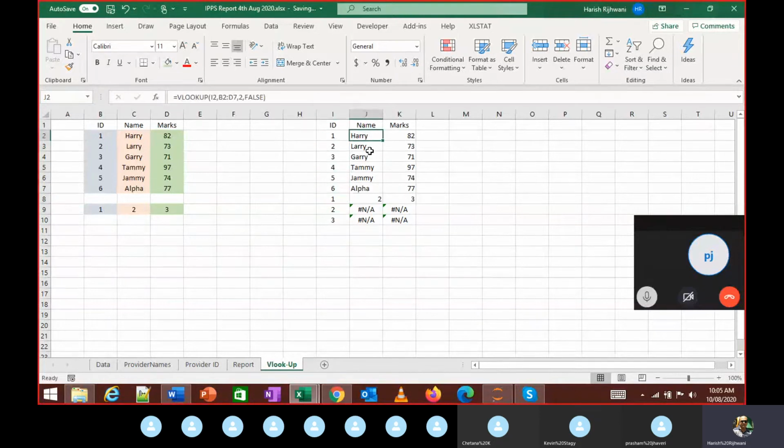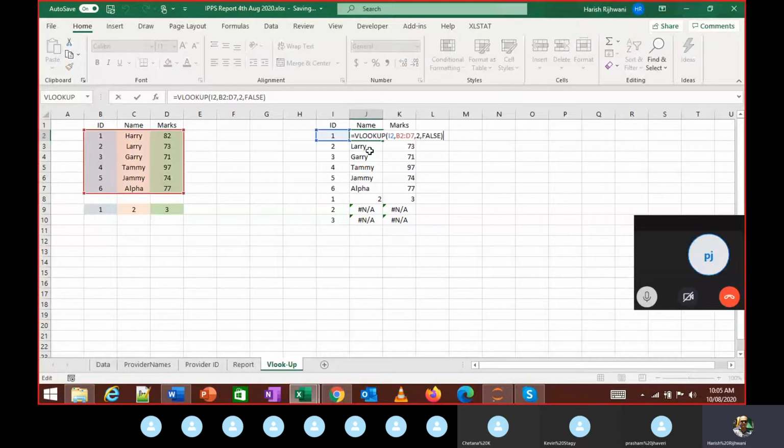You notice, I'm going to press F2. When you do F2, you can see the formula. You notice the color I2, it's telling me what value I have taken. I have taken this I2 over here. This B2 to D7 is this table range. Okay, everything looks correct till here. And I am selecting this value 2, this column index number is 2.